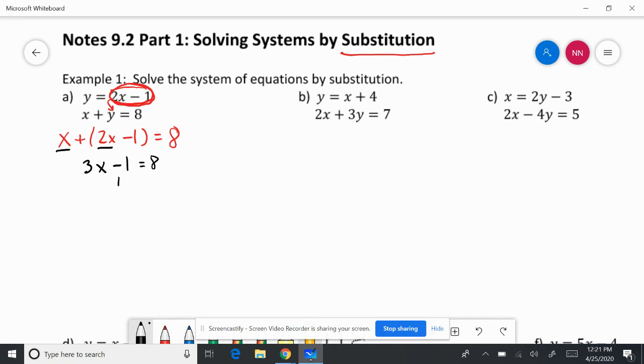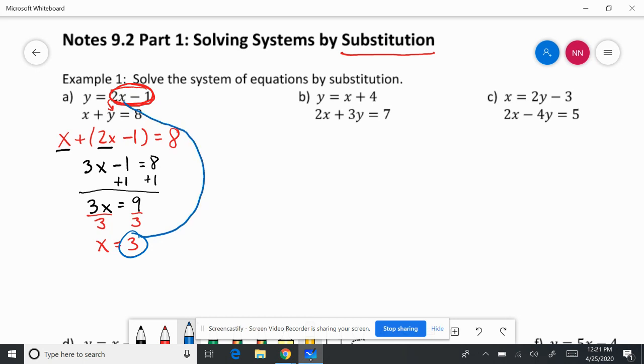We're going to solve for x by adding 1, and we get 3x is equal to 9. Now we're going to divide it by 3, and we get x is equal to 3. Now, we're not just solving for 1, we're solving for both x and y. So we're going to take this 3 and plug it into one of the equations. I'm going to plug it into this equation right here for the x. So I have y equals 2, but what I'm doing is substituting. Instead of an x, I'm putting a 3